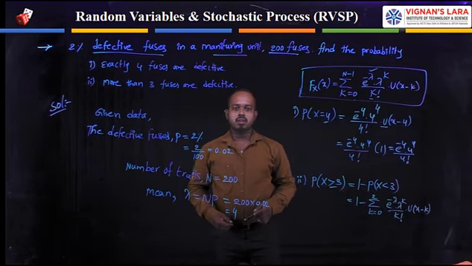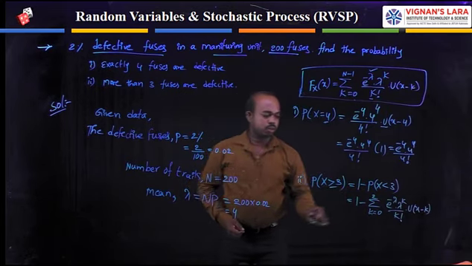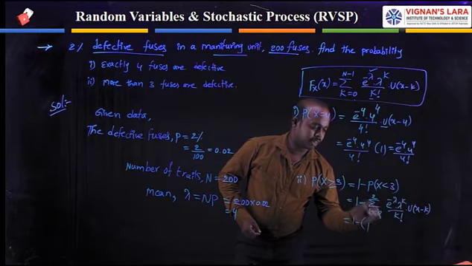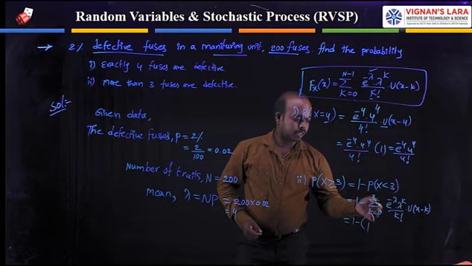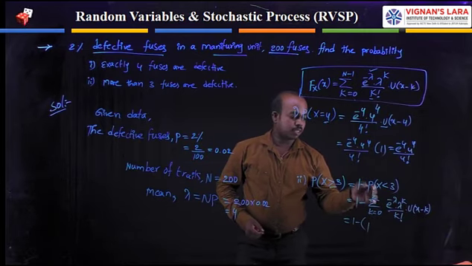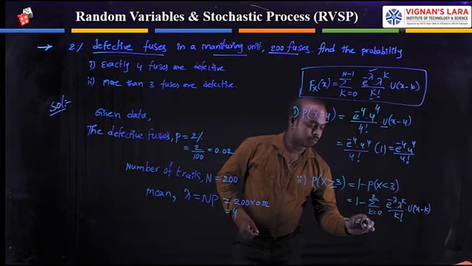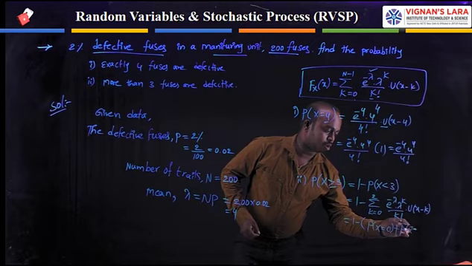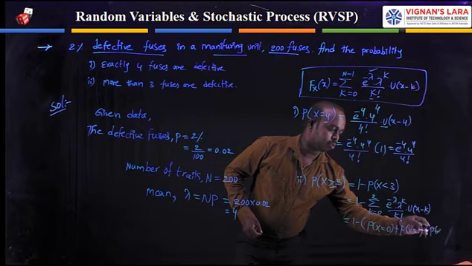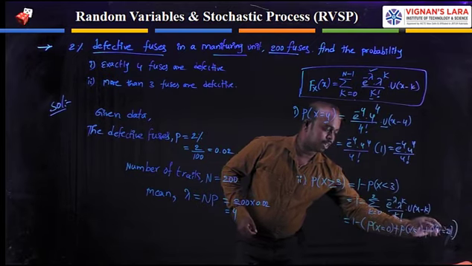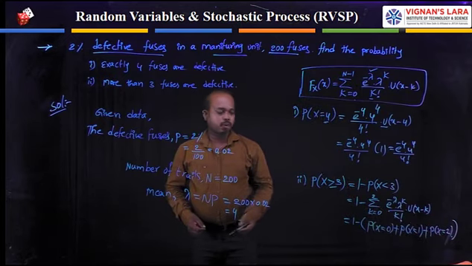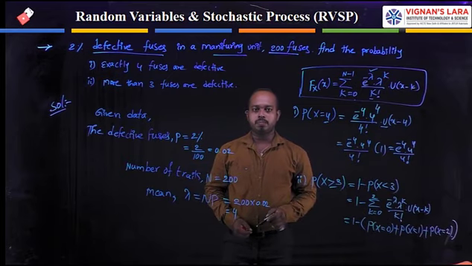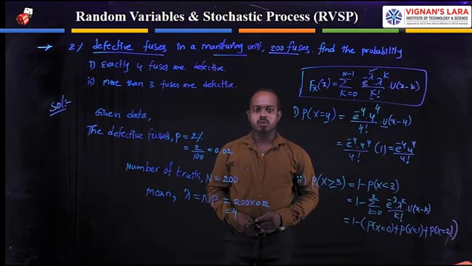Here, what are the elements we have? Those are 1 minus the probability at k is equal to 0, k is equal to 1, and lastly k is equal to 2. You just find the probabilities at x is equal to 0, plus at x is equal to 1, plus at x is equal to 2. Adding all these quantities, we are able to find the entire value for x greater than or equal to 3. These are the points we use to simplify this one.